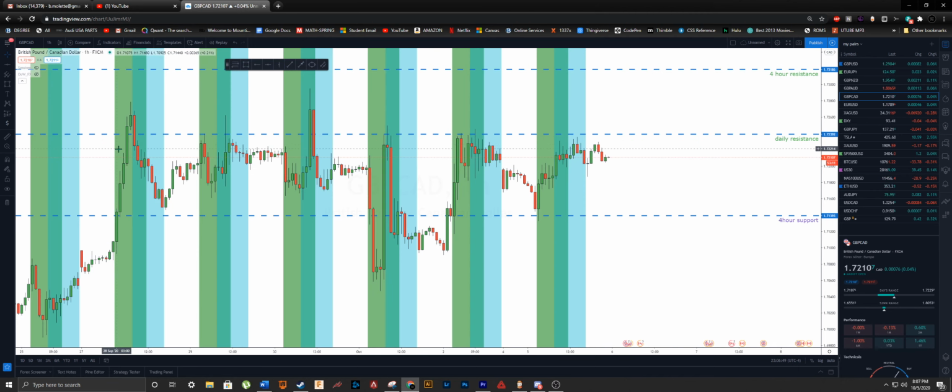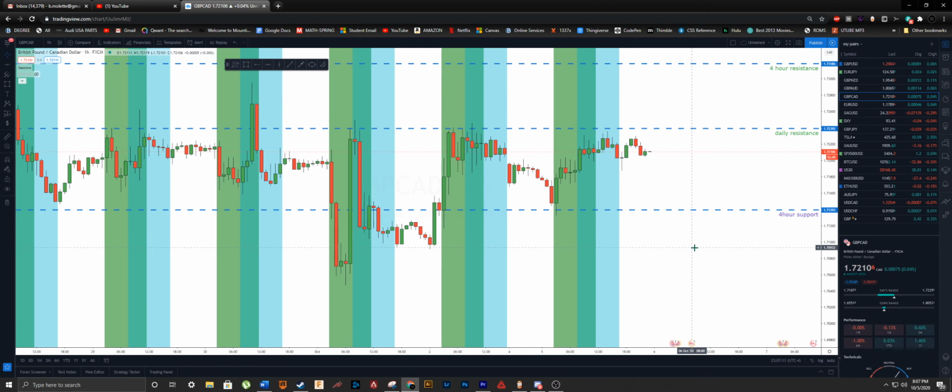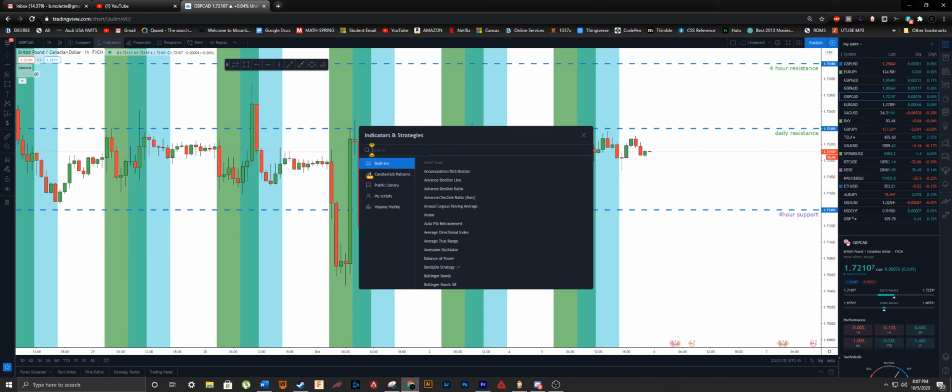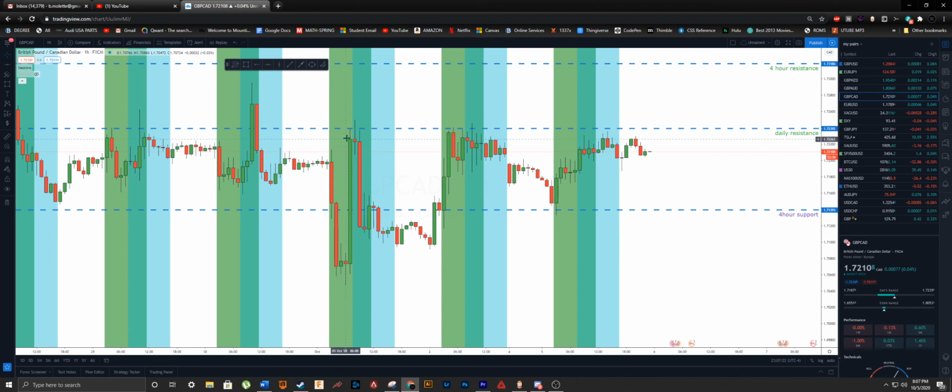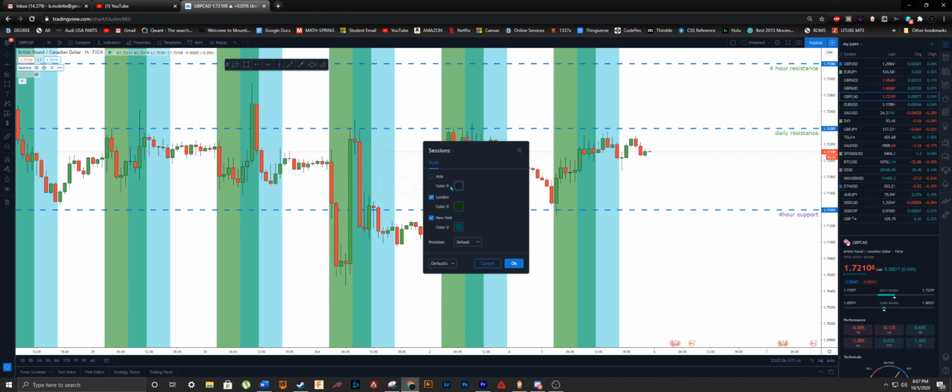My other indicator would be the sessions indicator. There are a bunch of different ones that run by similar names on here, so just find stuff and see what works for you. But this is the one I use. It's called Sessions. It basically shows you the Asian, London, and New York sessions. I don't usually trade the Asian,